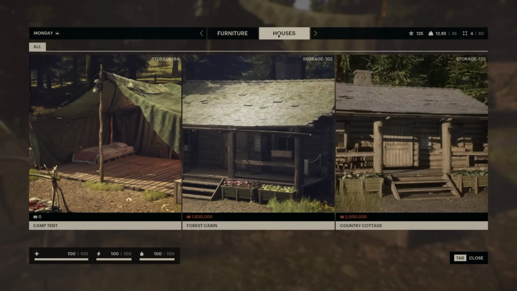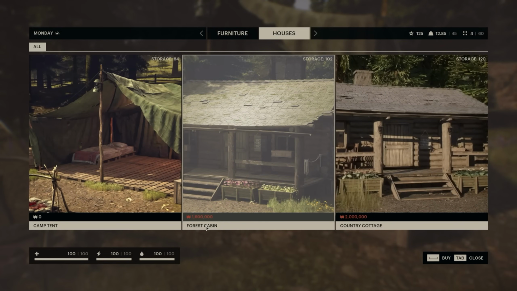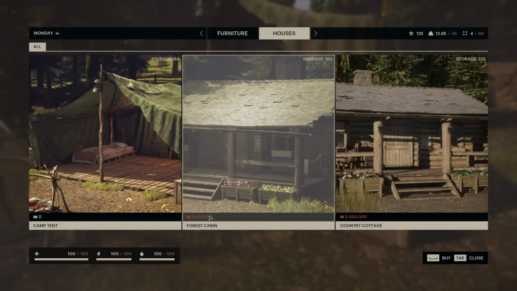The house decides your storage. So if you see the storage right here, we have storage of 84. Now if I upgrade to the forest cabin, which is $1.6 million, which I think is an absurd amount of money, it goes up to 102, and then the country cottage is 120. Now I don't know if these are this price